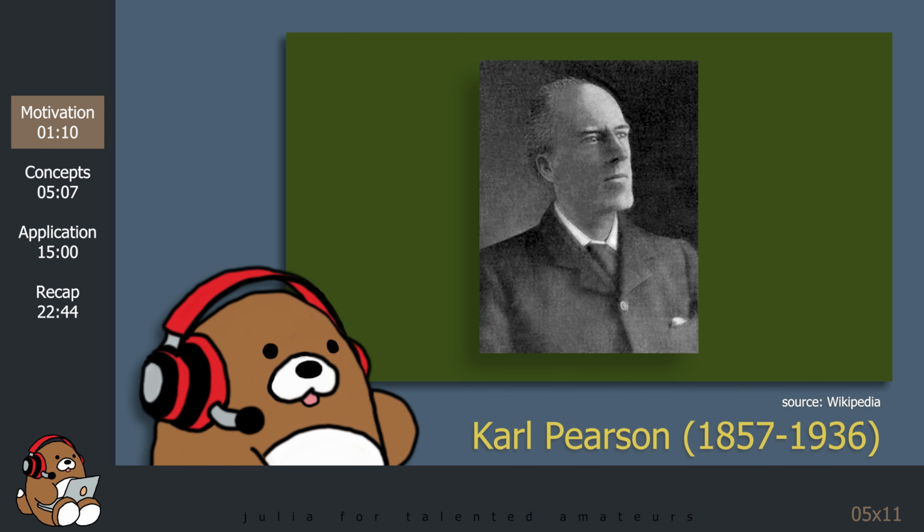PCA was invented in 1901 by Karl Pearson, who was an English mathematician and biostatistician. This is the same Pearson known for the Pearson's chi-square test. As a side note, despite his many contributions to the field of mathematical statistics, he held some questionable personal views that would be considered quite controversial today.